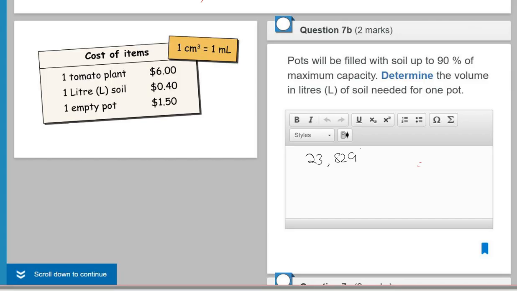Of that cone. And if you were to multiply that by its 90%, what answer would we get? 90 over 100. So if anyone can solve it, so you will get an answer of